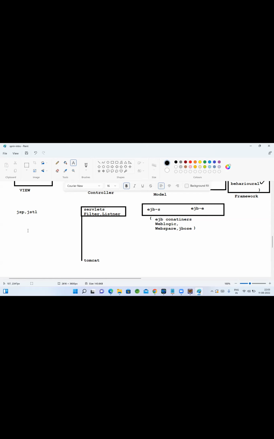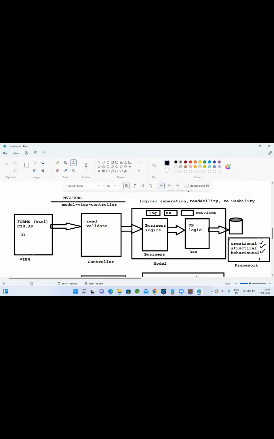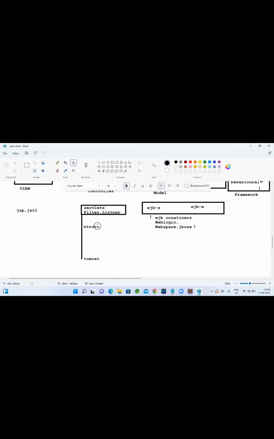Later, many frameworks came into the market, like Struts. It's a little more advanced than servlets. If you develop an application using Struts, a lot of code reusability is given. As I said, a framework provides many reusable components. For reading and validating, many things are given in Struts. A beautiful framework. I used to teach it. I have given 100+ sessions on Struts 1.x and 2.x. You can see my videos on YouTube also.